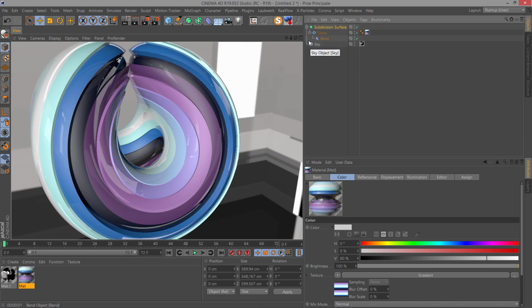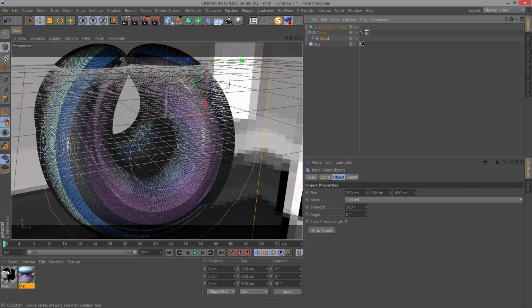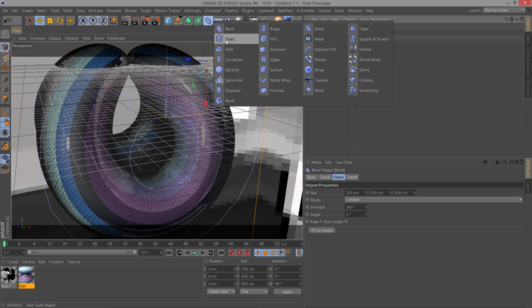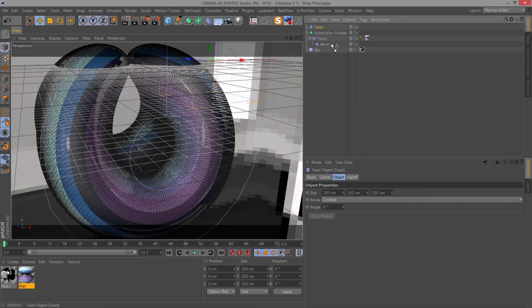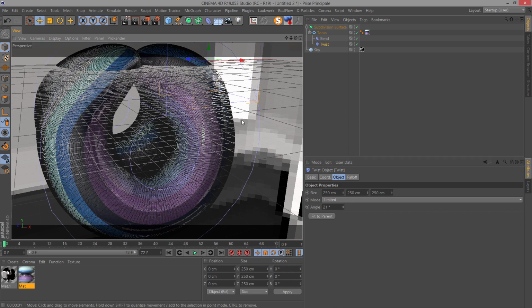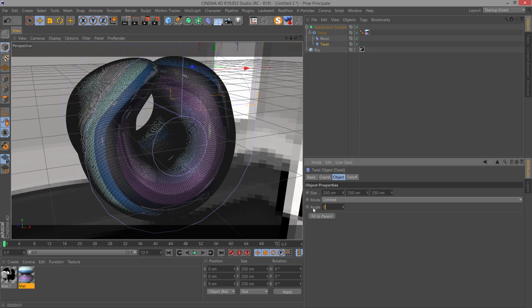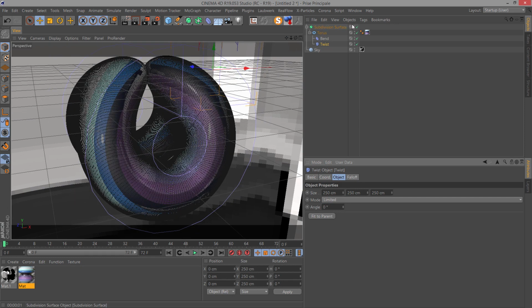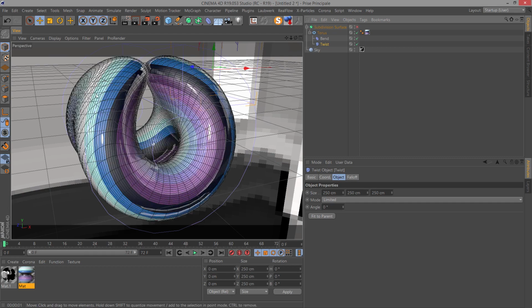Now we need to add another deformer to twist. So take the twist deformer, put it under the bend, like that. And now just play with this value. Before I put it to 0, I will disable subdivision surface here because it's lagging.